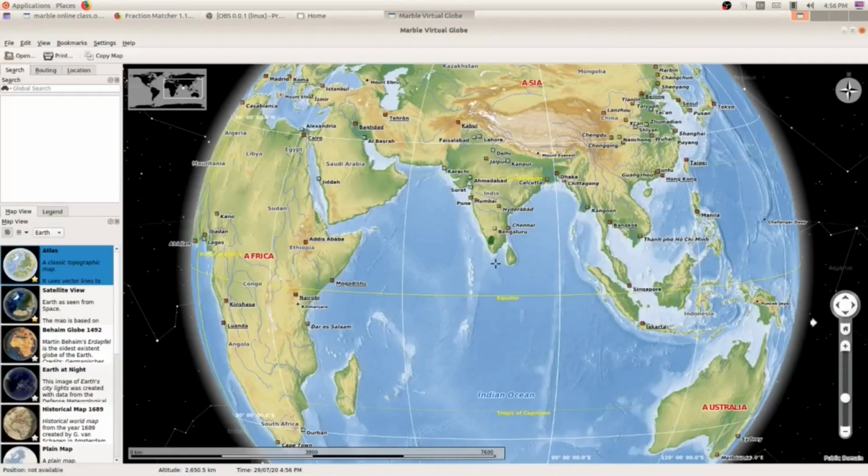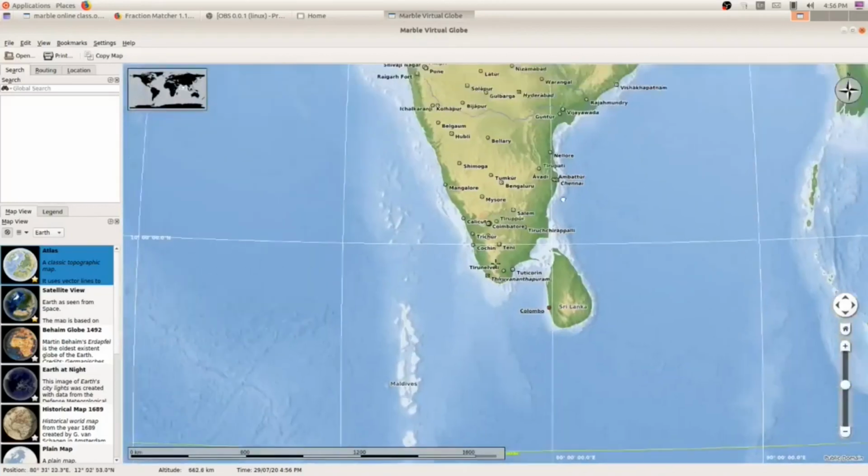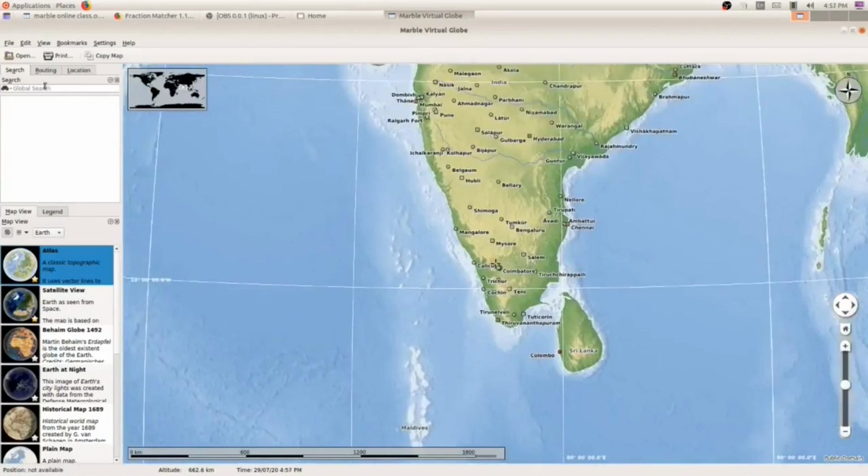Suppose I am zooming in, and I want to search Trichur, or Cochin. I am going to search Cochin. Here on the left side you can see the search box. Click here and type Cochin. While typing itself, it will show this place, Cochin, inside brackets IN.